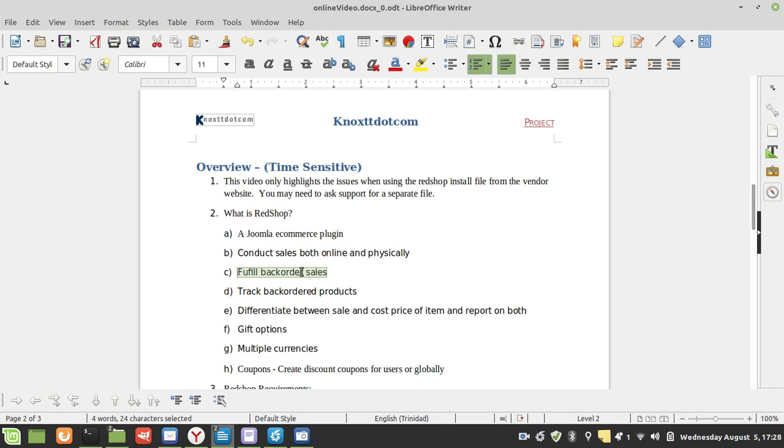So you may not have the product on hand, it may not be on the shelf, it may not be in inventory, but that is no problem. You can still conduct the sales transaction. And as soon as you get it back in stock, the customer will simply come in and collect. As a result, it can track back-ordered products, differentiate between sale and cost price of an item, and do reports